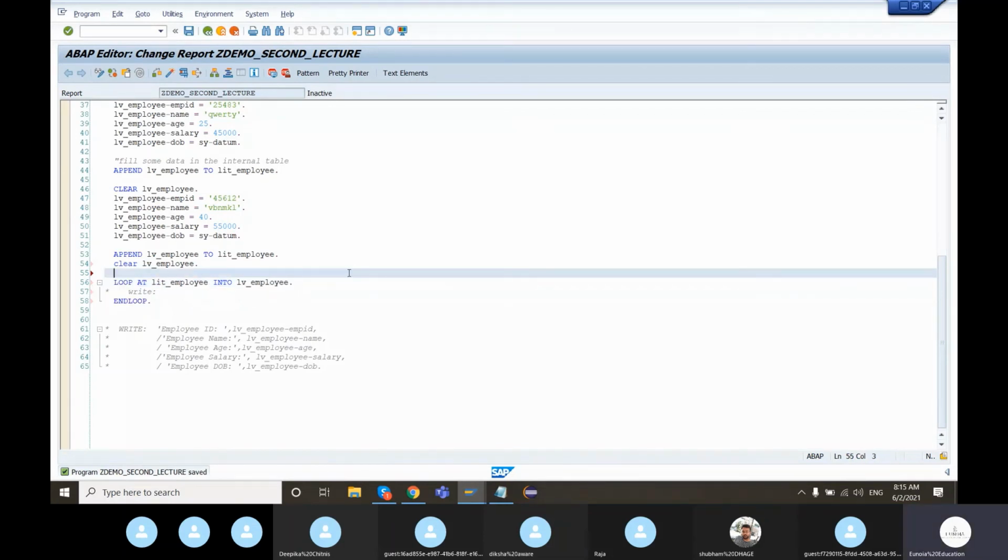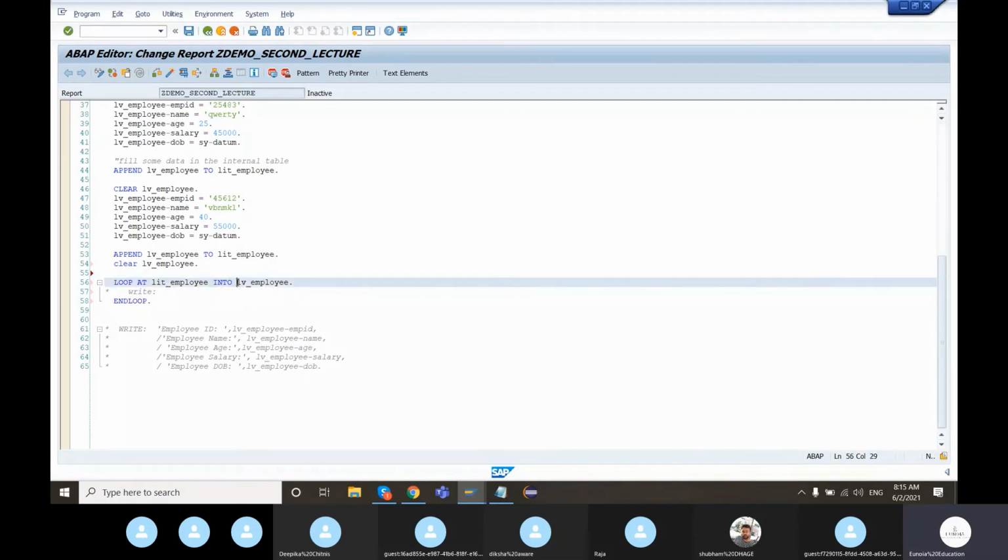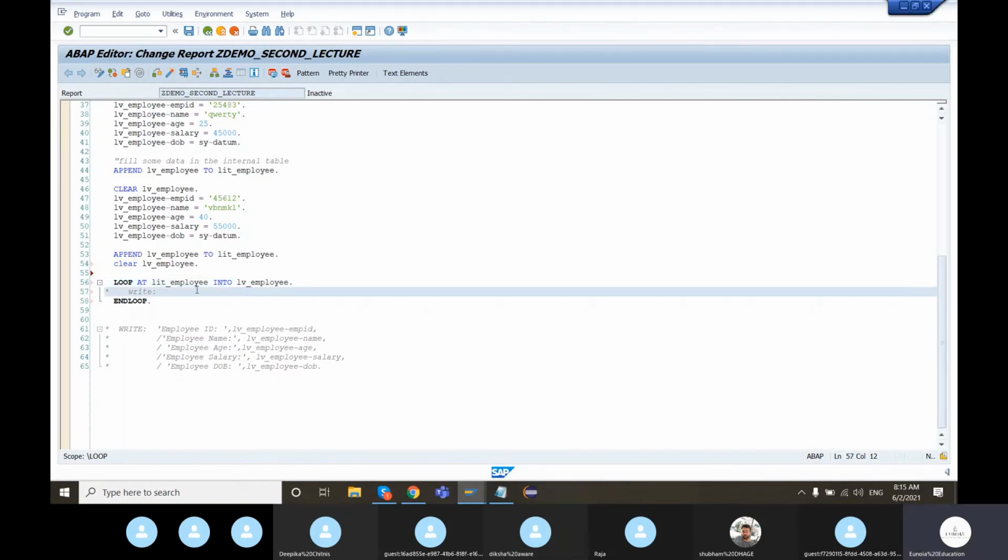One row at a time means if you are processing one row, then you need a data object which is capable of holding that particular row. The processing will start from the first row onwards. The first row is copied entirely into this data object LV employee, and then we can write it out.